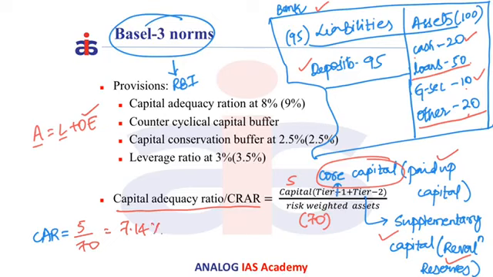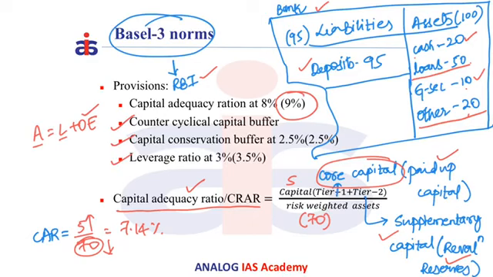But according to the Basel III norms as prescribed by RBI, the capital adequacy ratio should be 9%. Therefore, to increase the ratio, either the capital should be increased or the denominator, that is the risk-weighted assets, should be decreased. In this way, RBI ensures that there is minimum capital in a bank in the form of the capital adequacy ratio, so that even in case of losses, the bank can continue its activities without being liquidated. The other provisions in the Basel III norms are the counter-cyclical capital buffer, the capital conservation buffer and the leverage ratio.